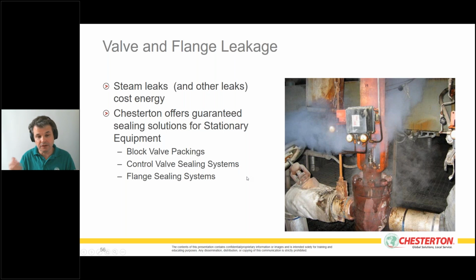Basically, every leak costs money, but with steam leakage, you're burning gas or oil or coal to generate that steam. So any steam that is lost directly means a loss of energy and money. We have some guaranteed sealing solutions for valves and for flanges that we can offer. And if you go to the next slide,